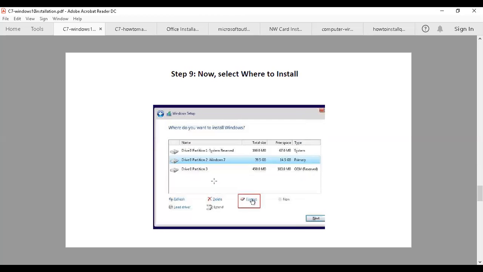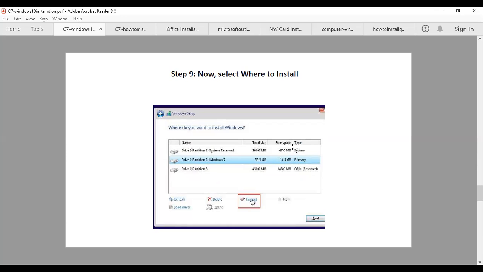Now select where to install. What is the partition where you want to install your operating system. Here, Windows 7 is already installed and the total size of the hard disk is 40 GB. And this is the primary hard drive.